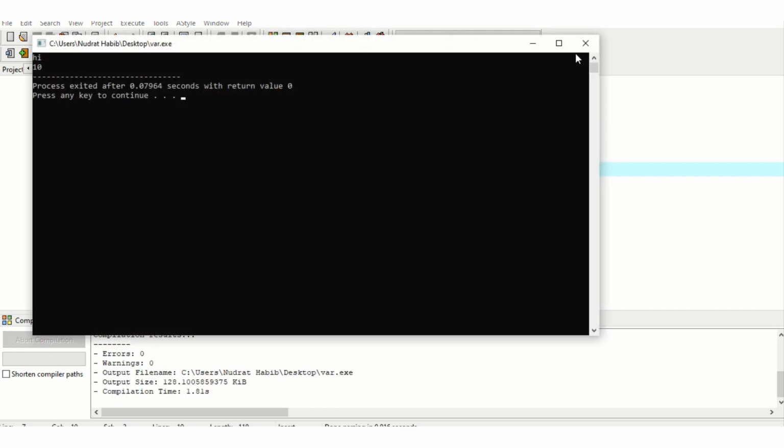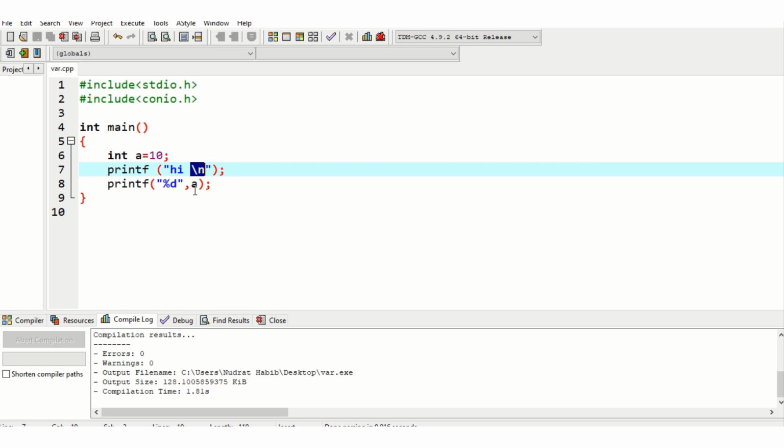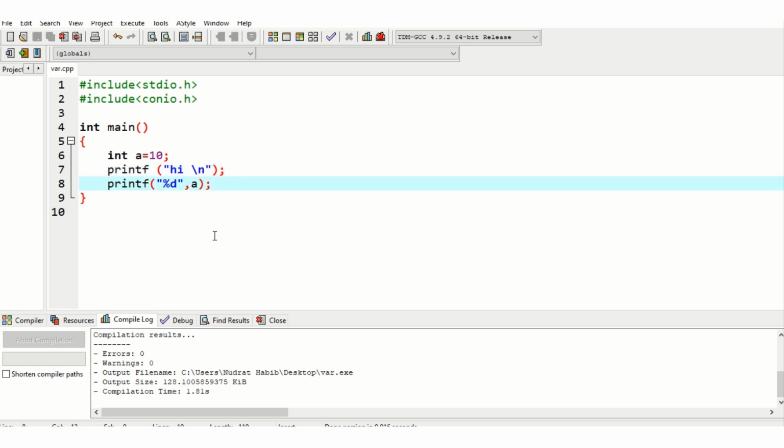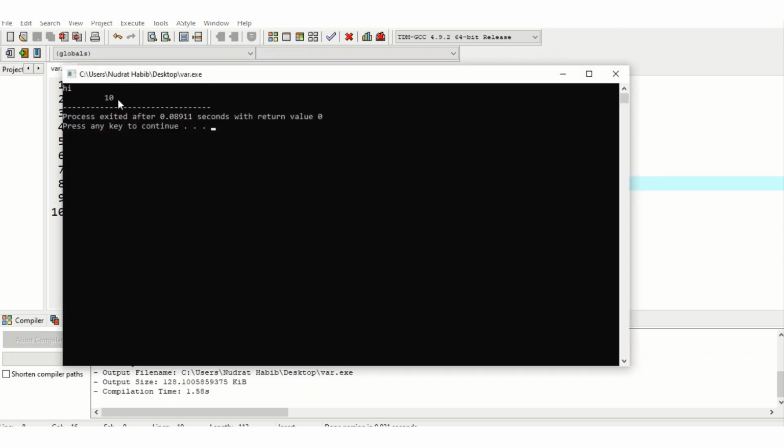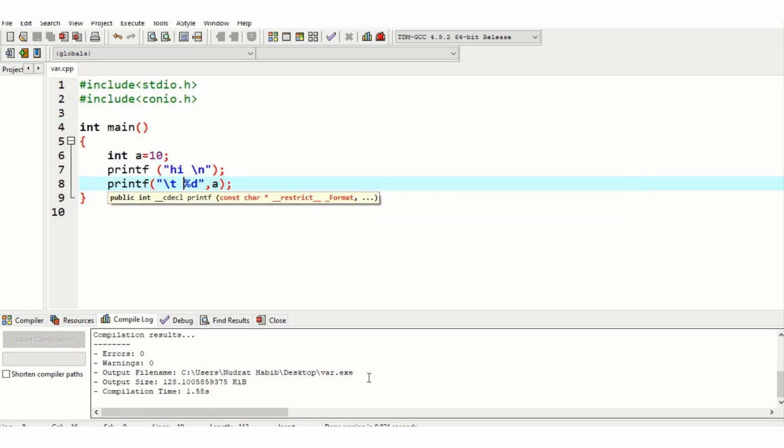See, now if you want this variable to be displayed after a tab, you will use escape sequence, t is for tab, and then the value will be displayed like this. Okay, so this is called escape sequence. They are used inside the string literals. They are not displayed, but they have a specific meaning, and that meaning is displayed in your output.